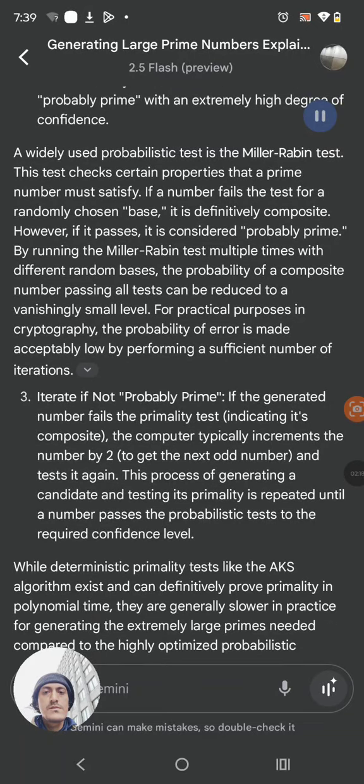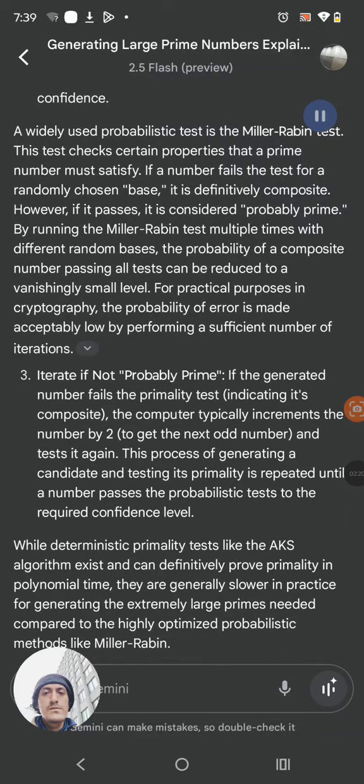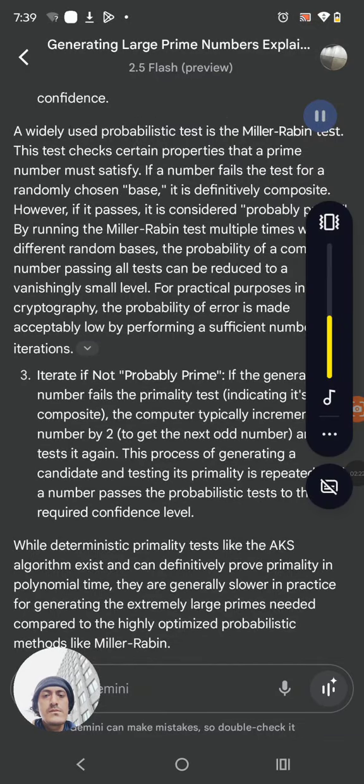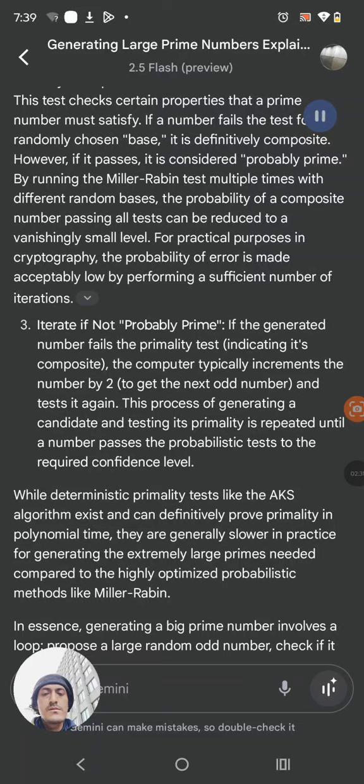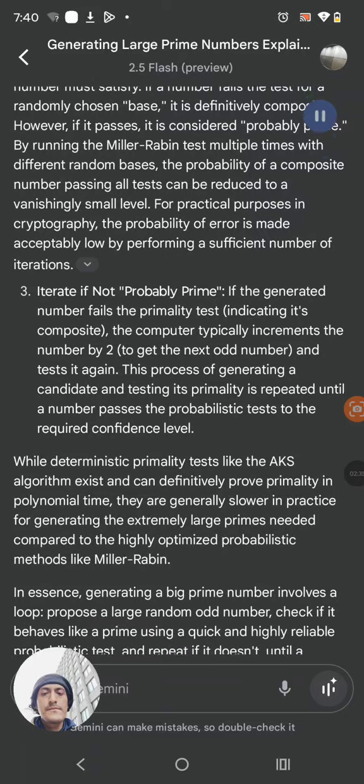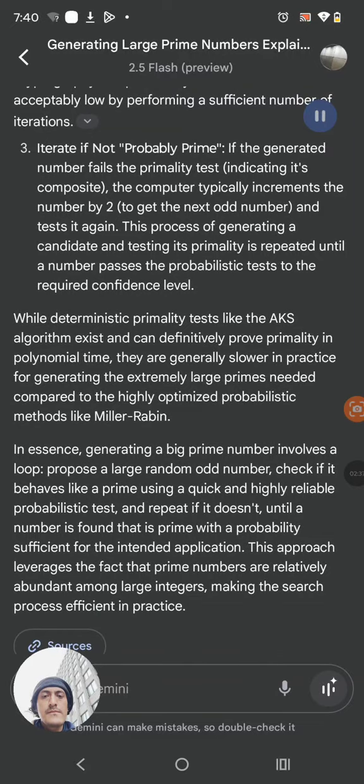If the generated number fails the primality test, indicating it's composite, the computer typically increments the number by 2 to get the next odd number and tests it again. This process of generating a candidate and testing its primality is repeated until a number passes the probabilistic tests to the required confidence level. While deterministic primality tests like the AKS algorithm exist and can definitively prove primality in polynomial